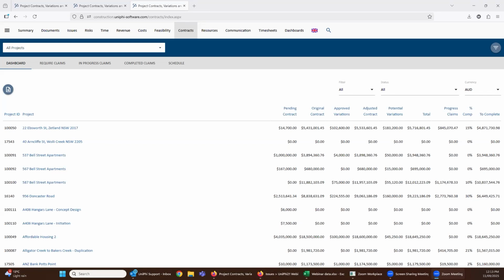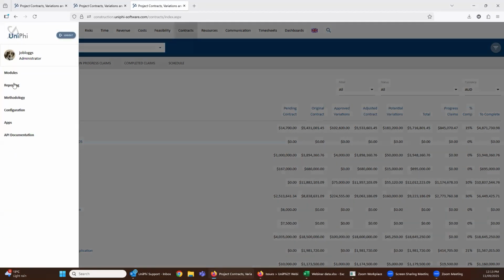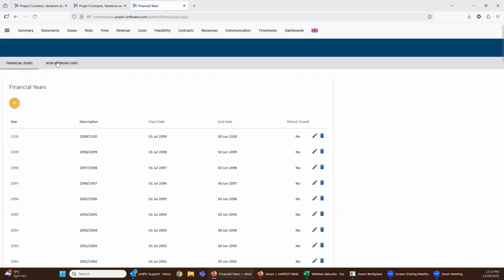And apparently in New Zealand, there's quite a few different regions with different calendars, which can even be construction calendars, if you need them to be, and things like that. So where that's happening is in the configuration module of the application. So if I go into configuration and I go to financial years, you'll see there's a non-working day sub-navigation,